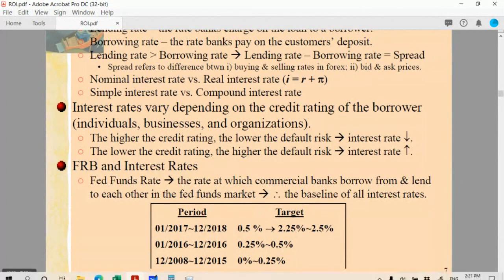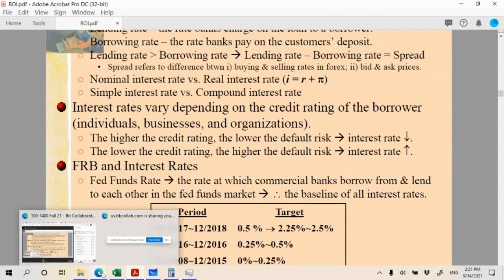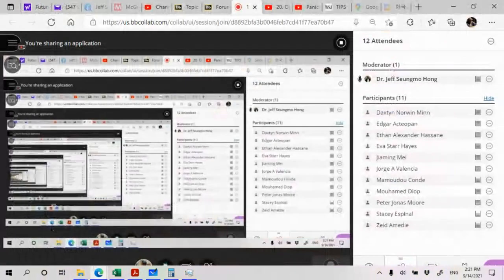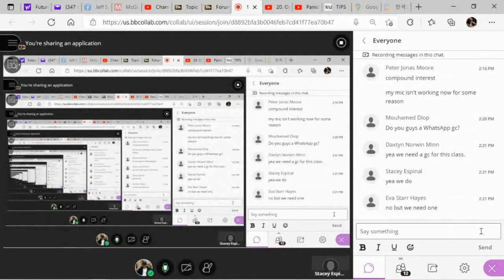Then, under such a scenario, how do you apply the simple interest rate? Of course, then the simple interest rate is simply